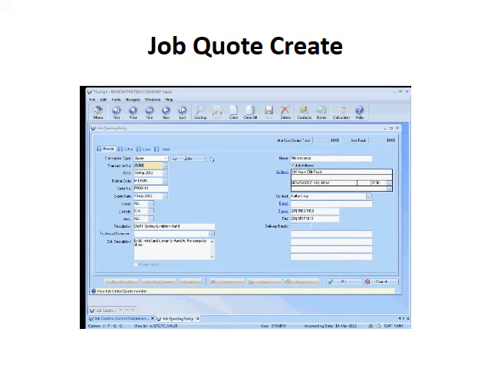If I just put in a normal quote, pull up a transaction, and have a look at this, you'll notice I can copy a job. So if I copy that job, it immediately gives me a new job number. I can change the date of this quote, who it's for, if there's a purchase order number, when the quote is going to expire, the ability to group it into different jobs, custodies, what the description of the job is. If I want to tie it up with a document, I can do that. I can put in a full-blown description,